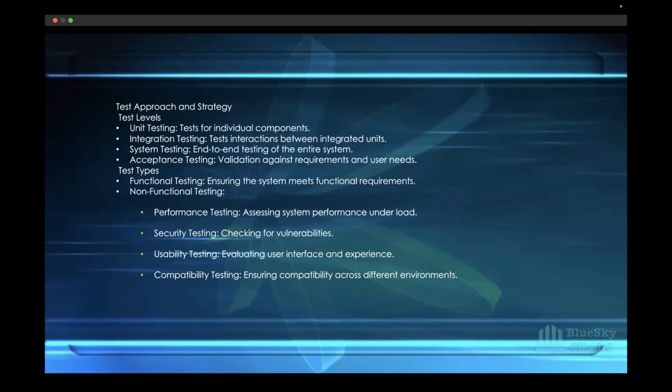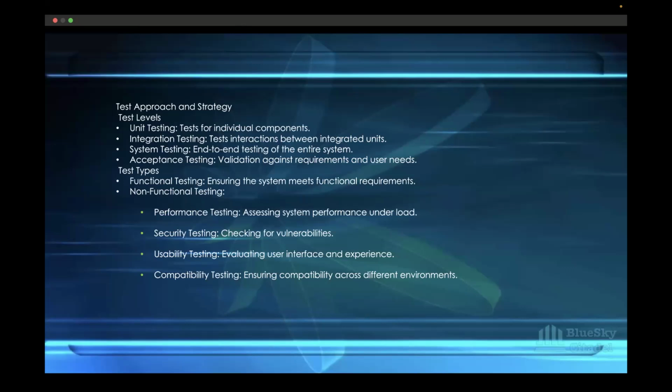Does this integrate with this? Does this work with this? That's integration testing. There are also times when the software application you'll be working on will integrate with other software parties or components, third-party development companies. You have to test these integrations to ensure they are working as expected.